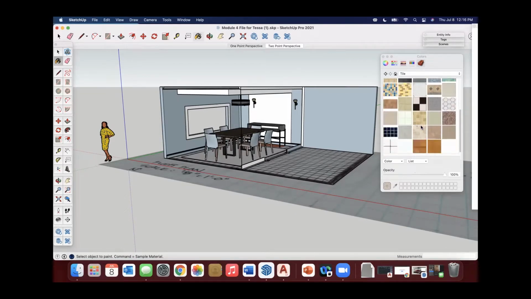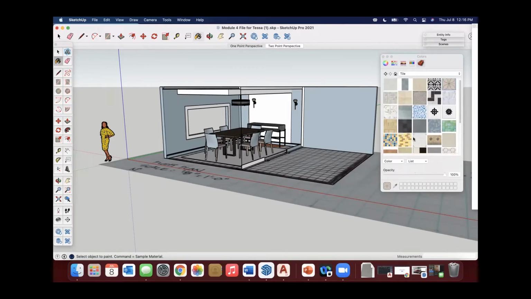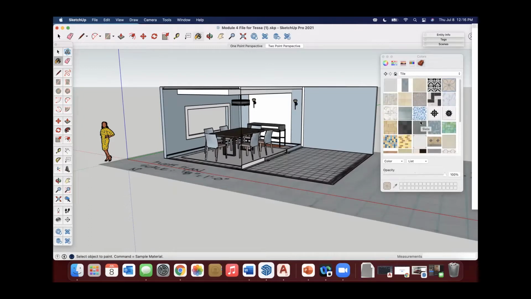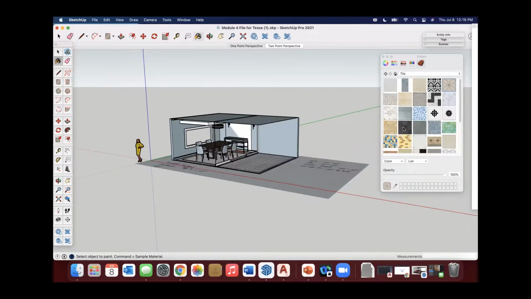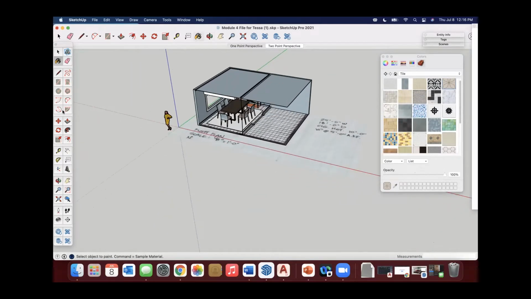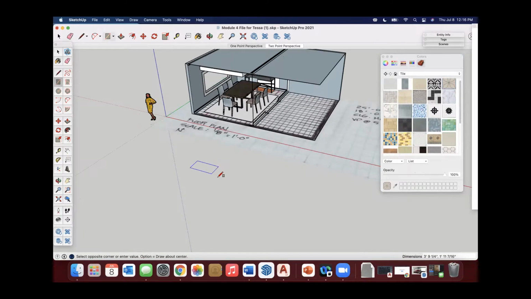Now, when this opened up, you can see that it's on a tile list. That was probably the last thing I referenced before I closed out the paint bucket, which is why it's opening back up on that. And so these are materials that are actually embedded in SketchUp that come with the program. So they're pretty generic, but they're kind of fun to start out with to get the idea, because it's actually quite easy to create and apply materials.